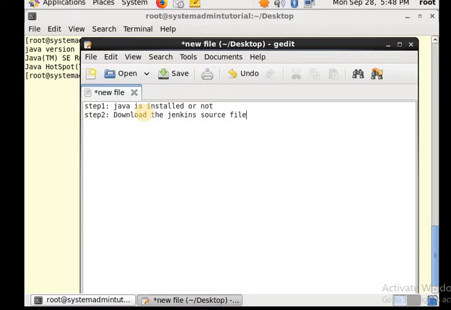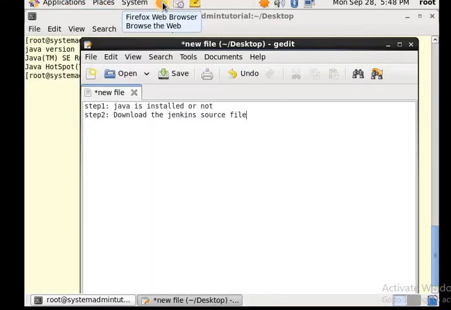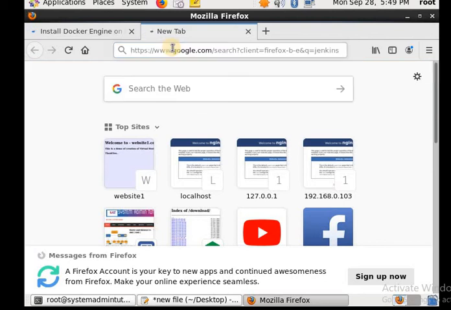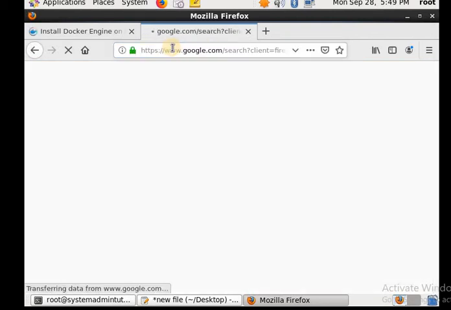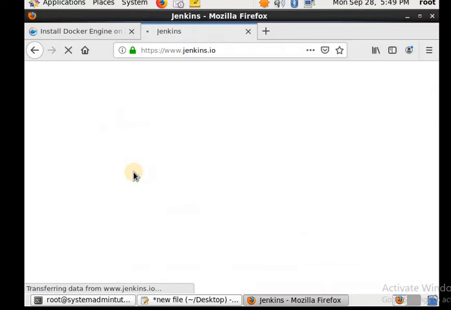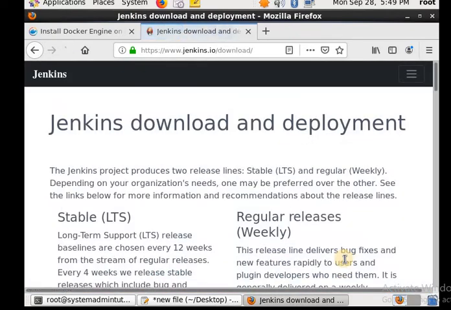For that you have to go to your browser, and in the browser you just search for Jenkins. You can see this is the Jenkins website. I will also provide the website in my description. You go to this Jenkins website and here you go for the download,